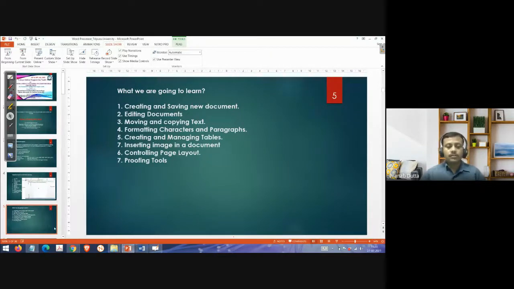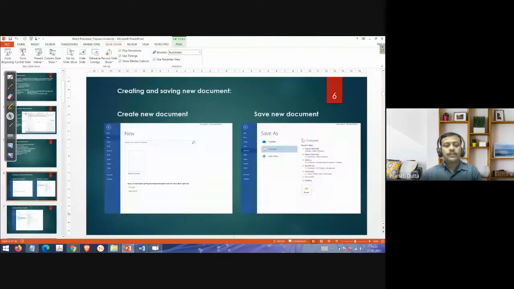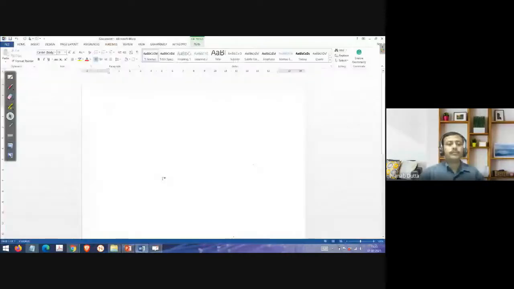So first, how to create a document. These are the steps shown here to create a new document. I will show it practically how you are going to do it. When you open the window, it will look like this.